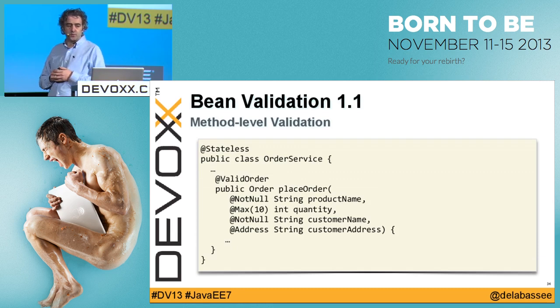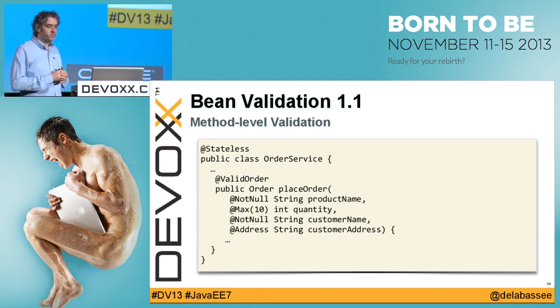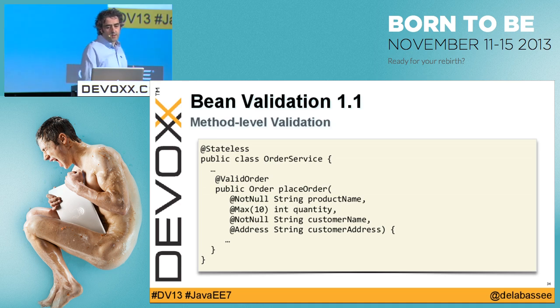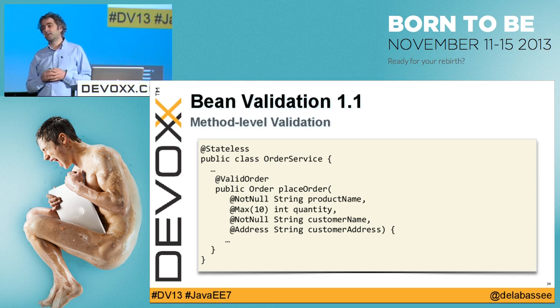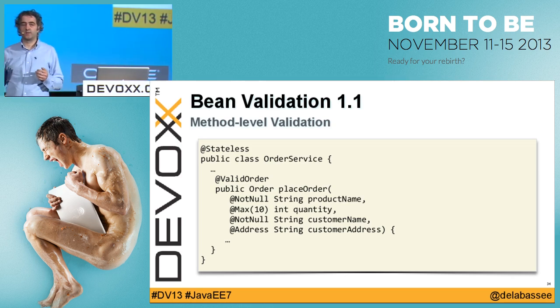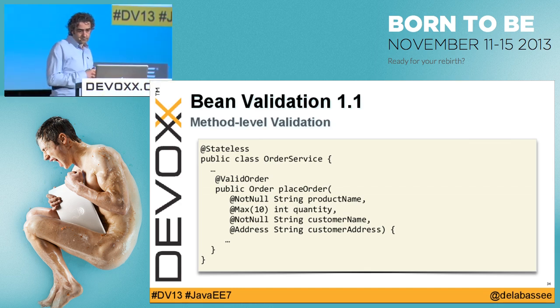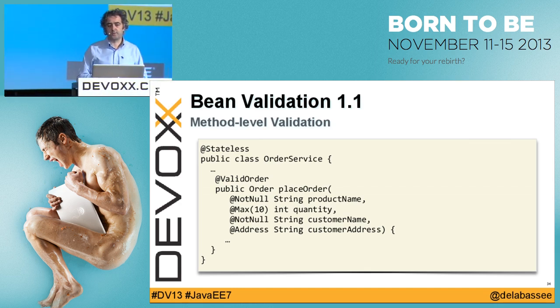So Bean Validation 1.1 is a minor update of Bean Validation. The big feature in Bean Validation is method level validation. We basically had that example in JAX-RS. Now you have the ability to do validation on method parameters and on method return types. So if you look at these placeOrder methods,